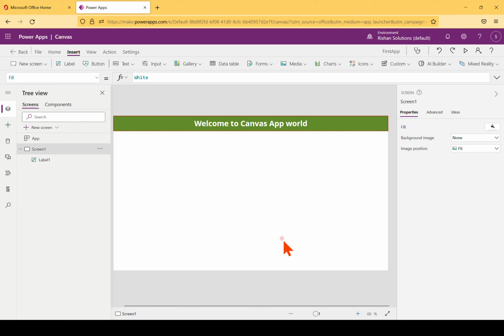So this way you can insert controls inside your application, and once you are done, you can save this, and this canvas application will save back to the Power Apps Studio. There you can check how many applications you have. You can open the apps, and you can get a URL as well to play that, or directly you can play